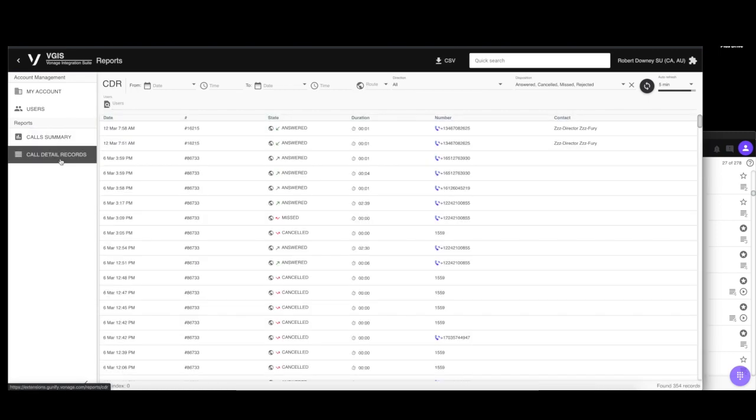The call detail records allows me to see all of the calls, and most importantly, it allows me to see the customer from my Salesforce. So I no longer have to look at a simple call log of phone numbers. I can actually see who those numbers belong to. I can also export this as a CSV file and use it in a pivot table, pie charts, graphs, etc.